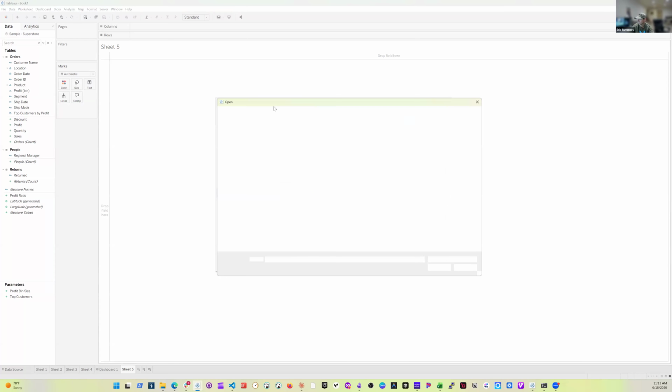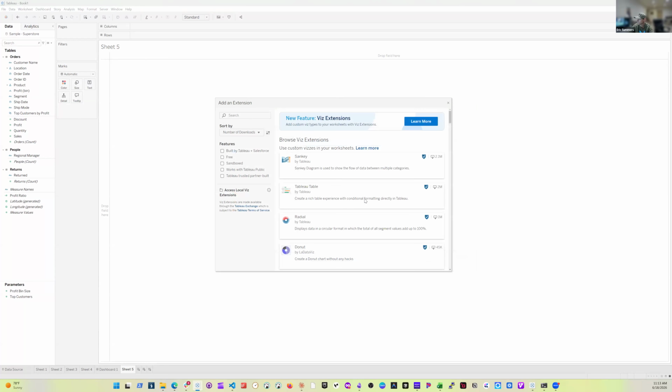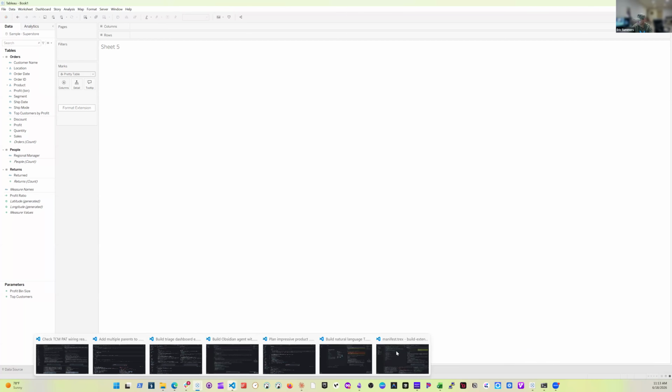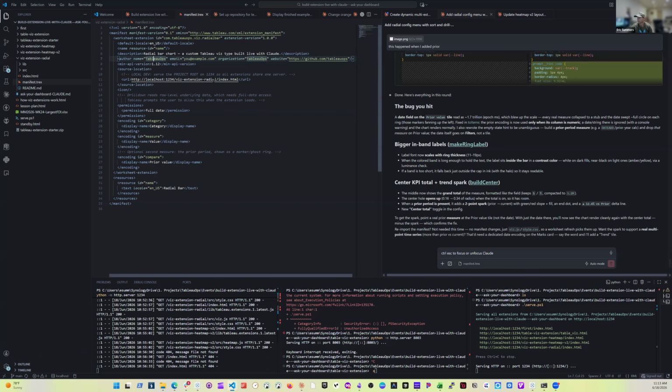When a new extension is added like this, so I'll just add this one, you get the pop-up. So the information within that manifest file shows up here. Like owner, URL to the owner's organization or the developer's organization, things like that. So that is all in here. And so what Tableau is going to do is the other part of this is that you need